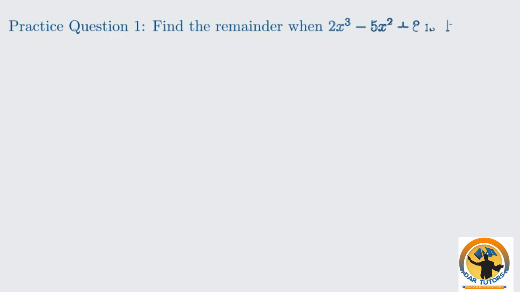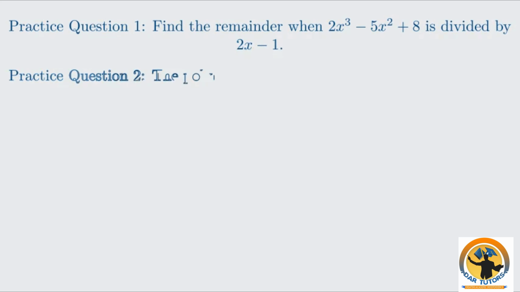To help you practice and master these concepts, here are 5 IB-style practice questions. Pause the video, work through them, and then resume to see the fully worked solutions. Question 1. Find the remainder when 2x cubed minus 5x squared plus 8 is divided by 2x minus 1. Question 2. The polynomial p of x equals x cubed plus ax squared plus bx plus 4 has factors